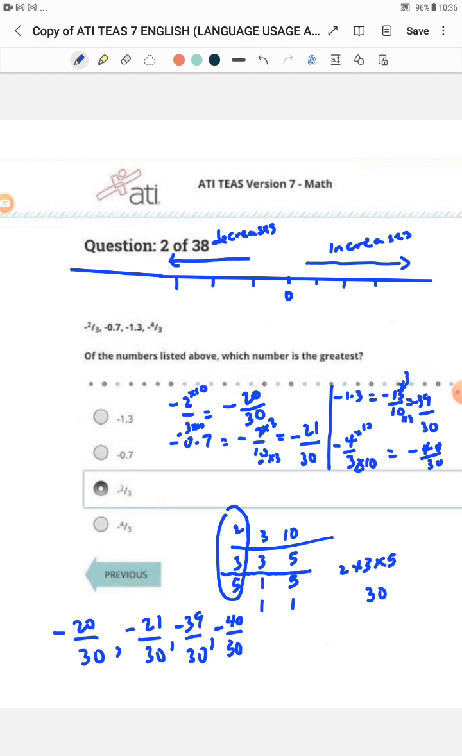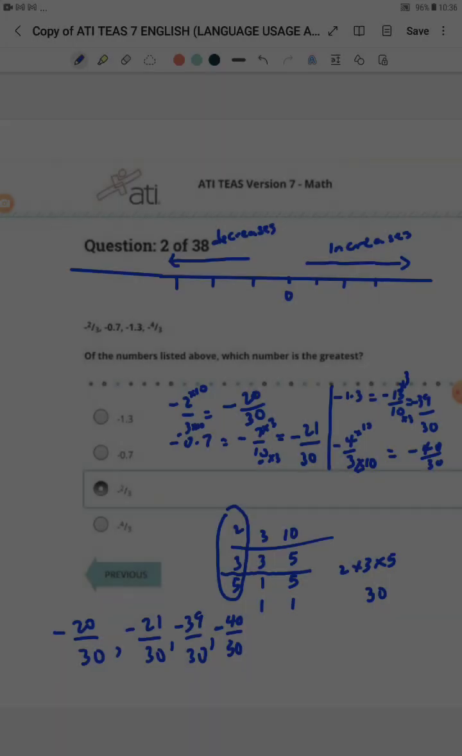Because if you use a calculator, if you divide 2 by 3, it will give you the same answer as 20 divided by 30. 21 divided by 30 will give you the same answer as 7 divided by